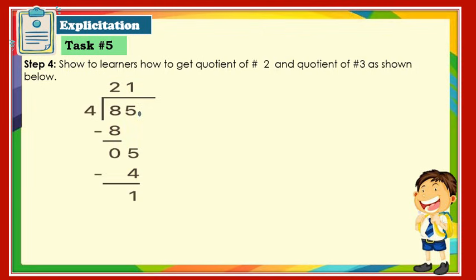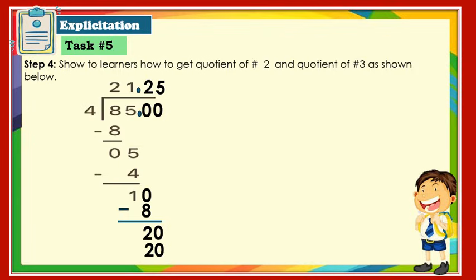Then bring down 0 to make it a new dividend. 1 becomes 10. Then continue dividing. 10 divided by 4, we have 2. 2 times 4 is 8. And then subtract. 10 minus 8 is 2. And then add another 0 in our dividend, and bring it down to make a new dividend, which is 20. 20 divided by 4, 5 times 4 is 20. And now, our remainder is 0. And that makes our answer 21 and 25 hundredths.